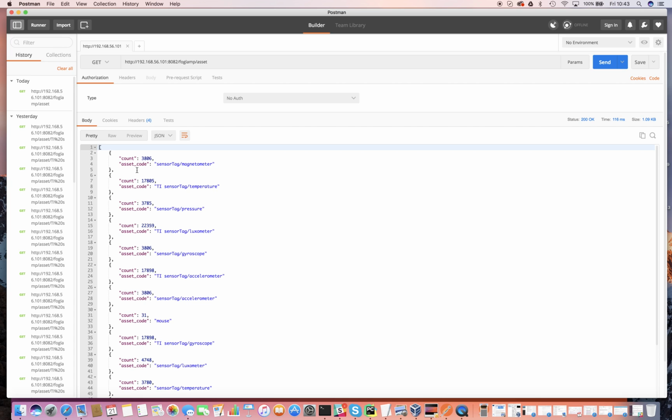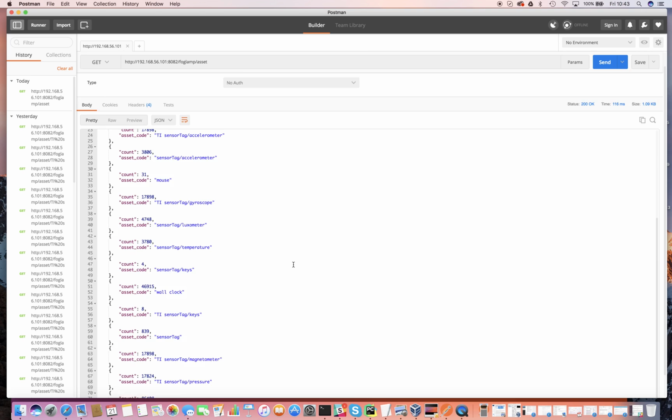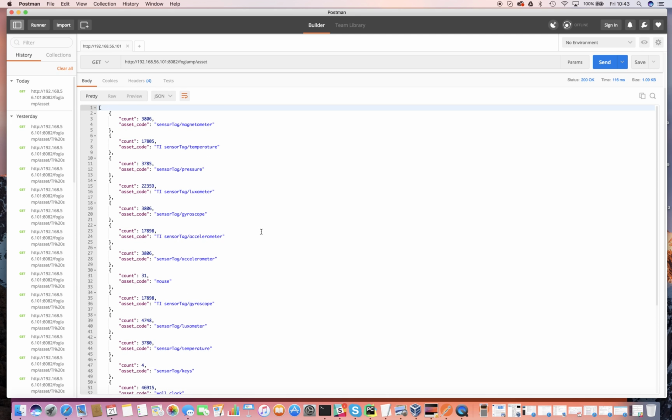that particular asset. One thing you'll notice if you look at this data is it's got all sorts of strange asset code names, and that's because my database is full of junk basically. But obviously that won't be the case when we do a real demo. It's also quite old data, unfortunately, and I'm not running at the moment with my sensor tag, so this data is static as well. But that gives a flavour of what's in there,